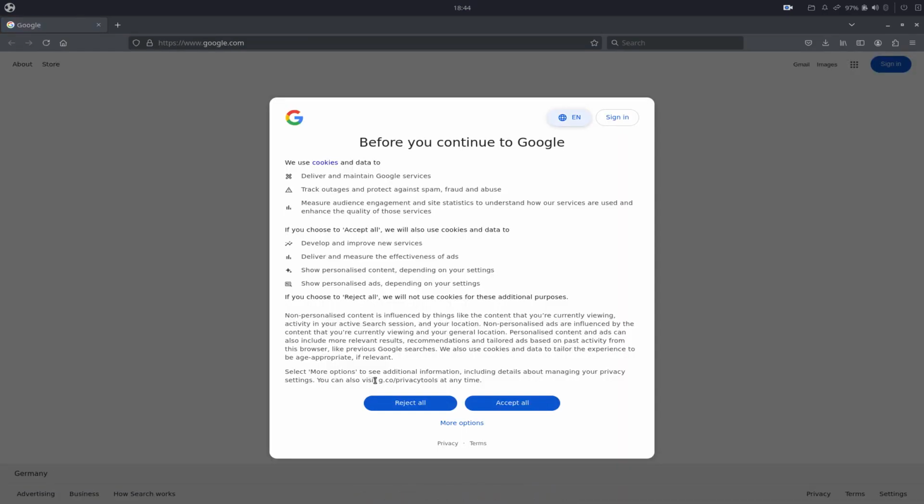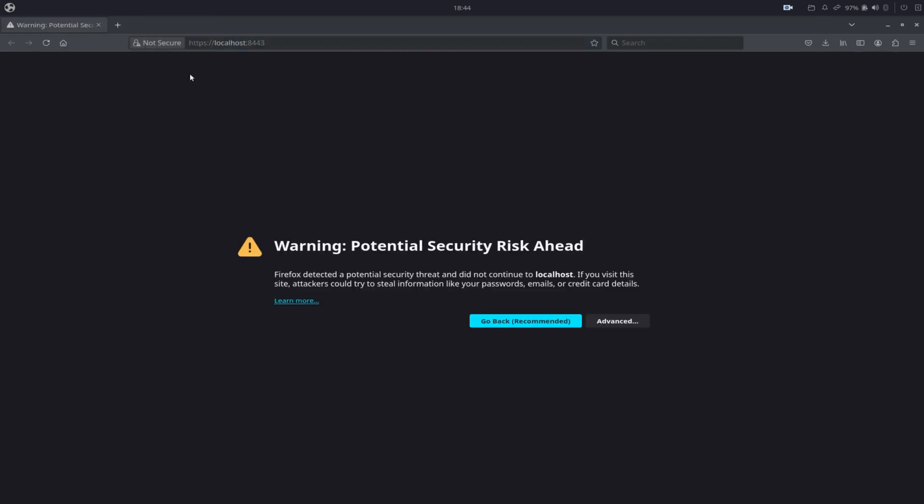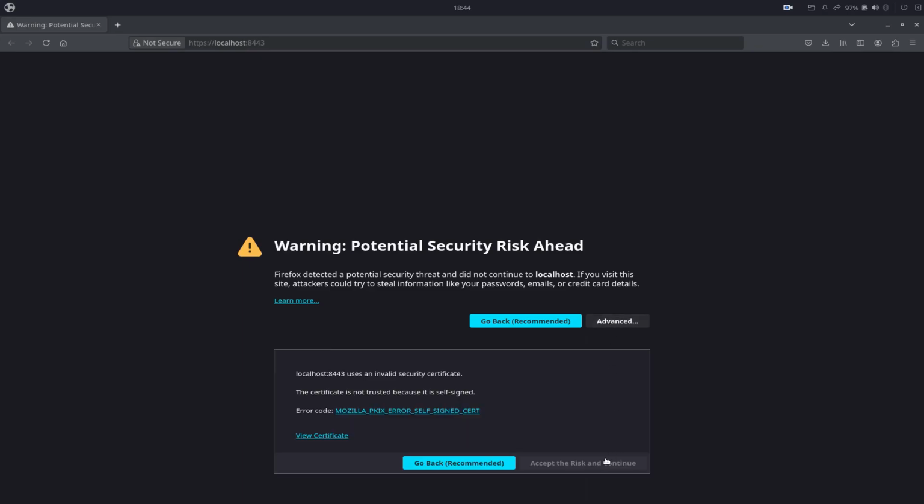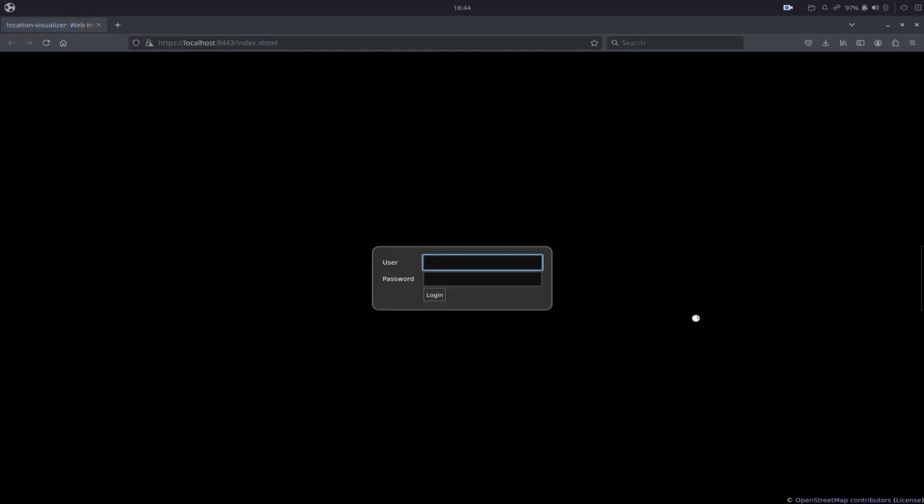So I will open a browser, create a new tab, and then navigate to localhost:8080. And now we have to accept a certificate warning and log in. So we type the username, then we can hit enter and the cursor will advance into the password field. And now we type the password, which was secret, and hit enter, and then we will log in.